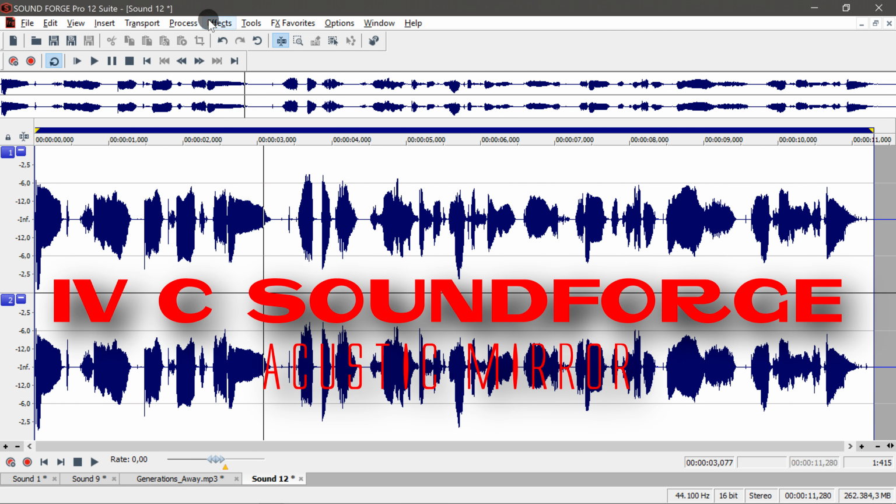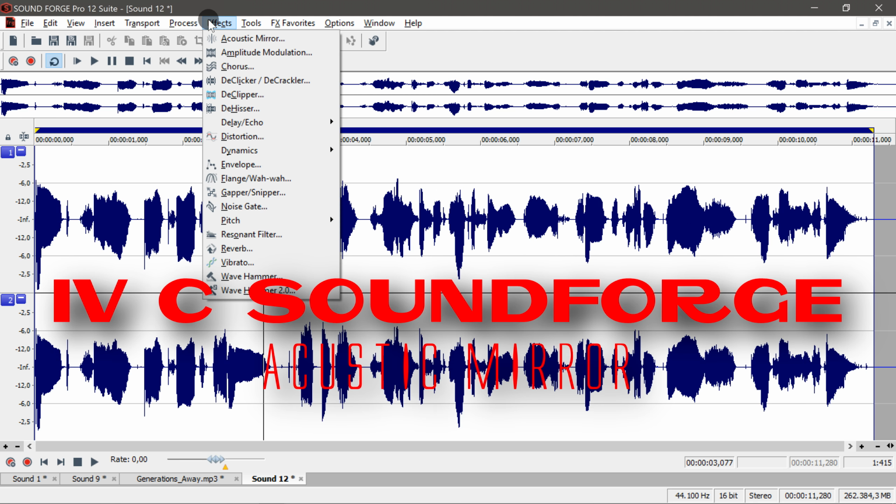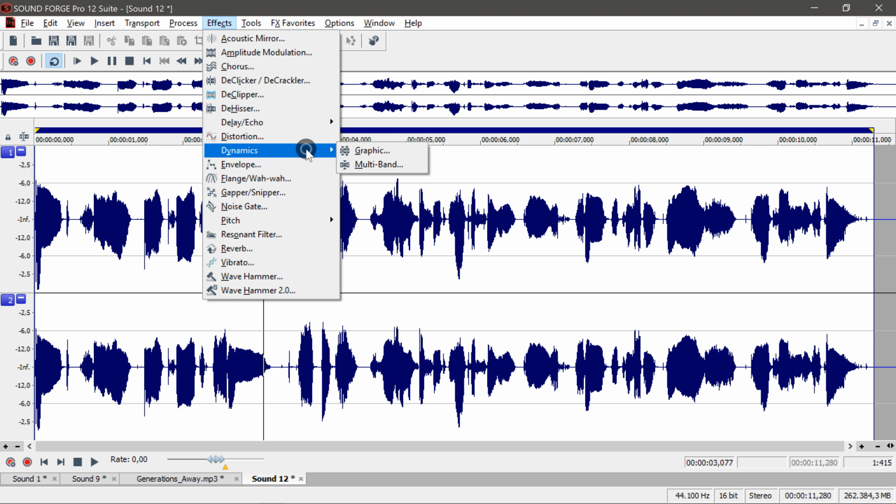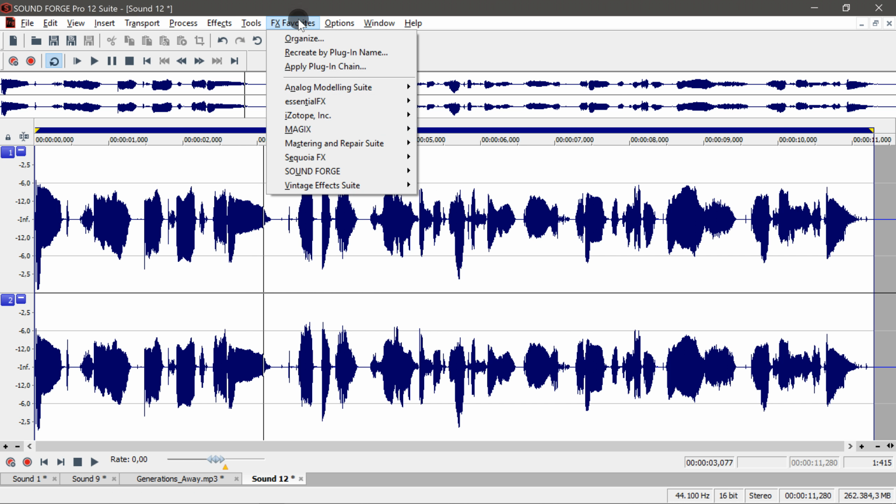I mean, of course, there are a lot of effects like, you know, reverb, vibrato, chorus, different delay effects, especially also in the new section here. There is a lot of things going on, but